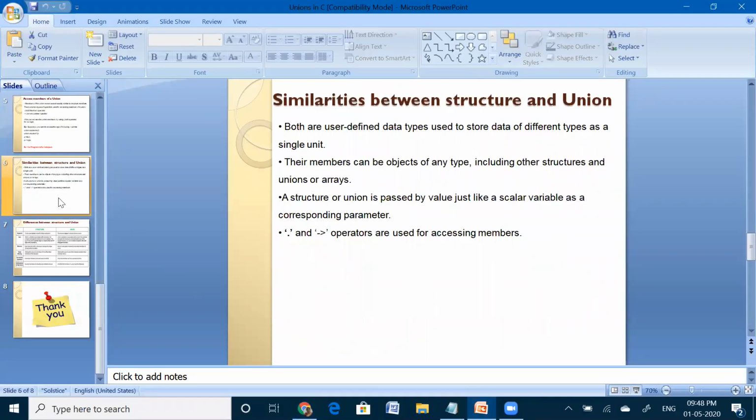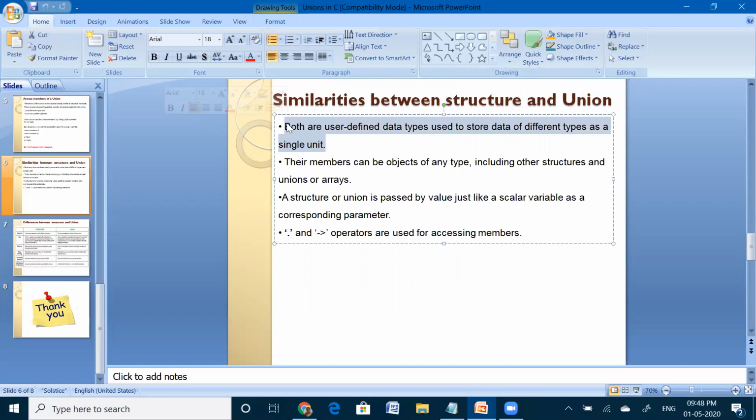Now just see the similarities between union and structure. Of course there are a lot of similarities between union and structure, but if you look at memory consideration, definitely these two are completely different. First of all, structure and union both are user defined data types. We can use these two for storing different types of data elements with a single name.